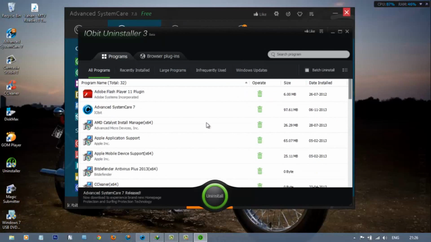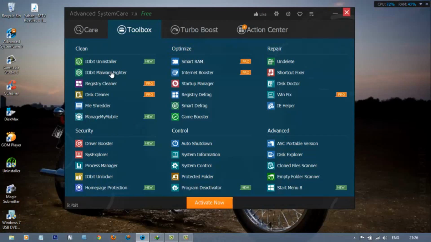It's similar to the programs and features of your Windows 8. Then there is Malware Fighter. It is an optional program which is downloaded and installed when you click on it. As of now, for the test demo purposes, we'll ignore this. It isn't important as I already have an antivirus installed on my system.